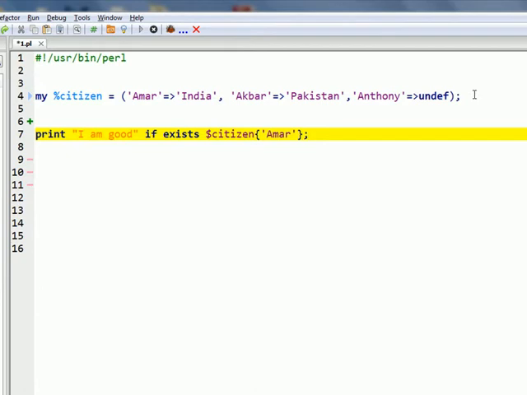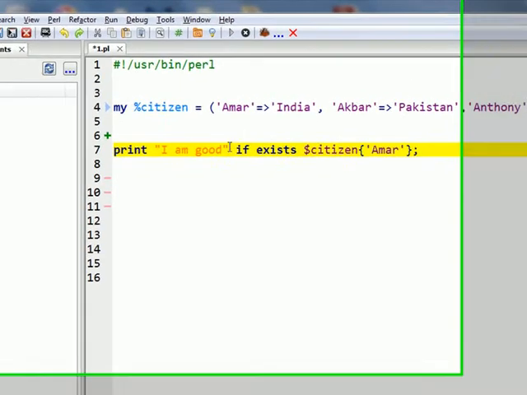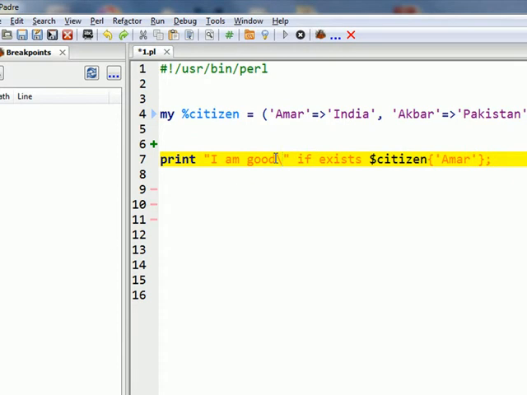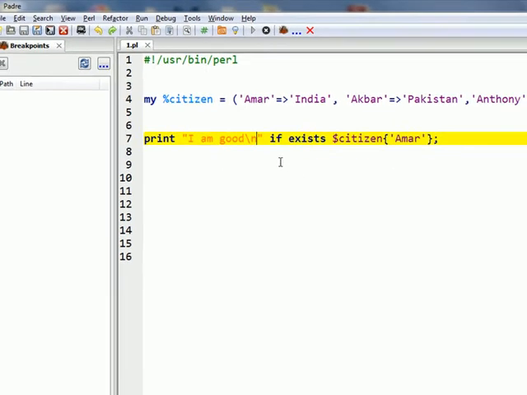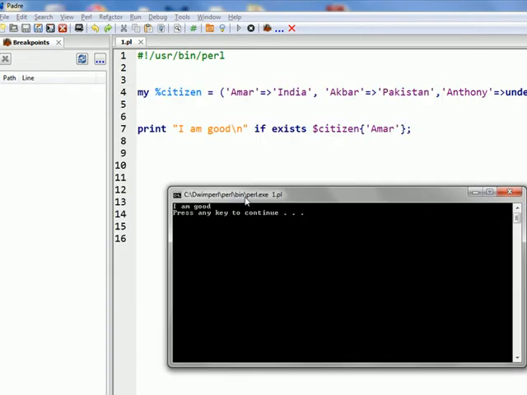So it would print I am good if the key Amar exists in the citizen hash. So let's save it, then run it. I am good.